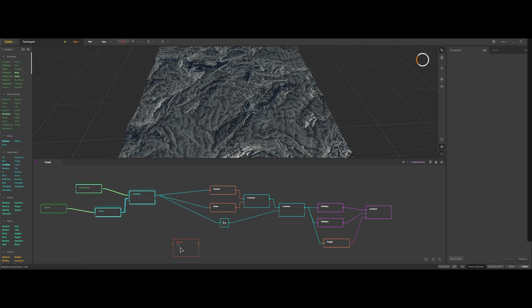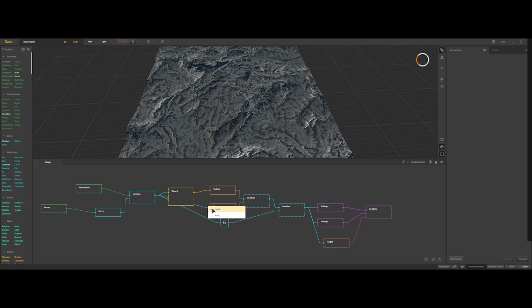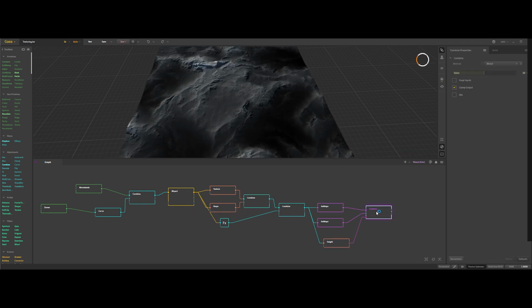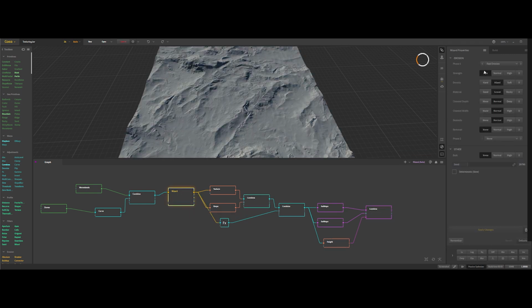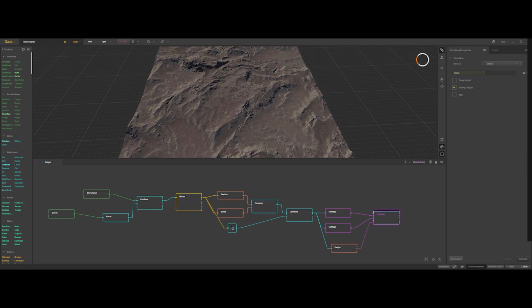Oh, and we're not done without adding erosion. Grab a wizard node and drop it in before the texture nodes. That'll give your terrain a weathered, natural look. Boom! Pro-level terrain creation unlocked. Your terrain's ready. Now let's make it production ready. Don't miss it.